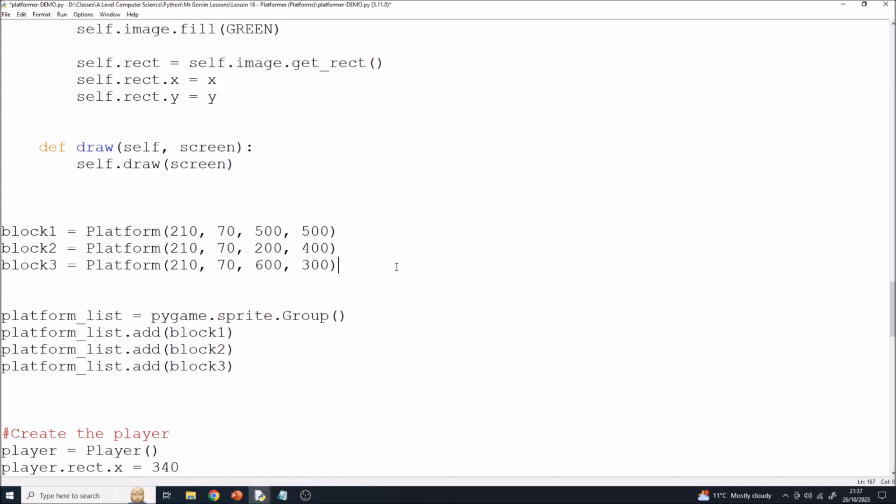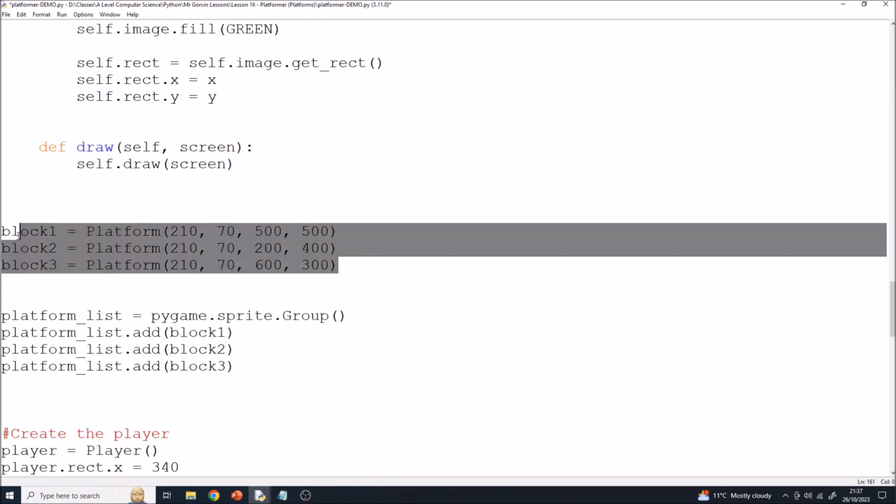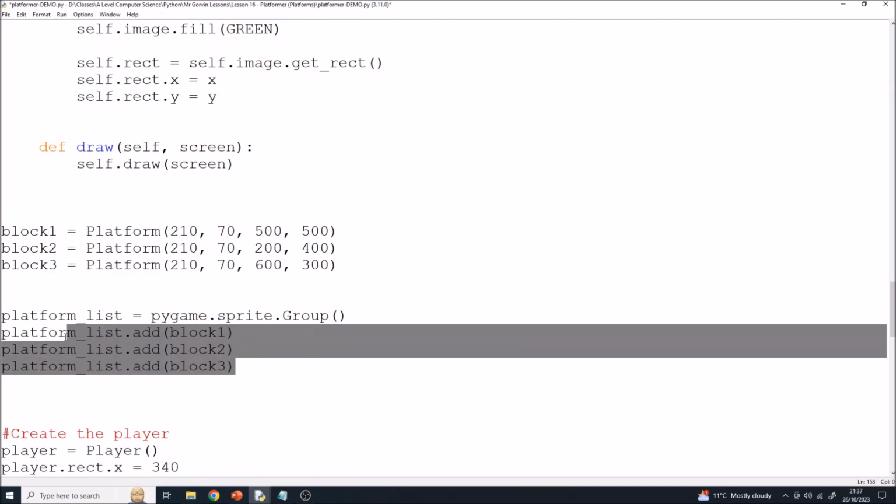But you know, a platform might have 10 or 20 different platform blocks on it, which would be repeating this code lots and lots of times. It would be very inefficient. So one final thing, let's do this a better way. Okay, so instead of creating the objects blocks like this and then adding them one at a time like this,